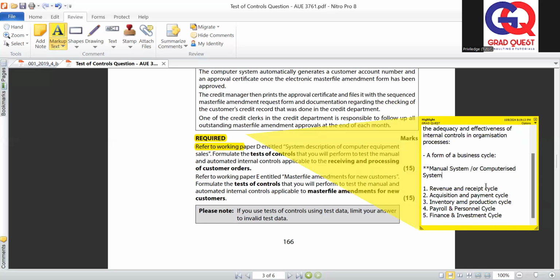So for instance, when we are selling products to our clients, you would discover that as an organization, you would have a system that clients have to follow in order to place their orders with us. And then, of course, we process that order using a particular computerized system in order for that to be performed. And this system can either be in real time, or it can be such that the data gets processed later.